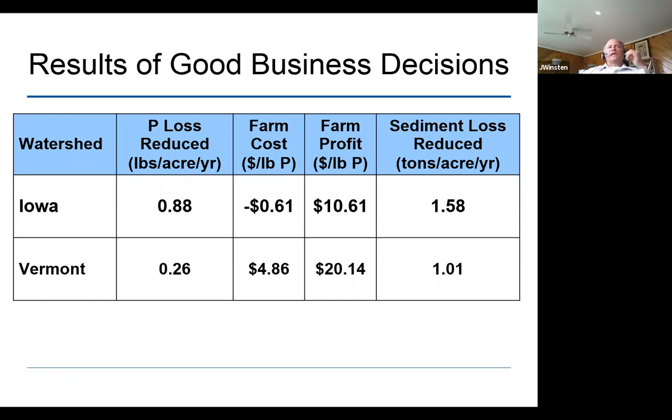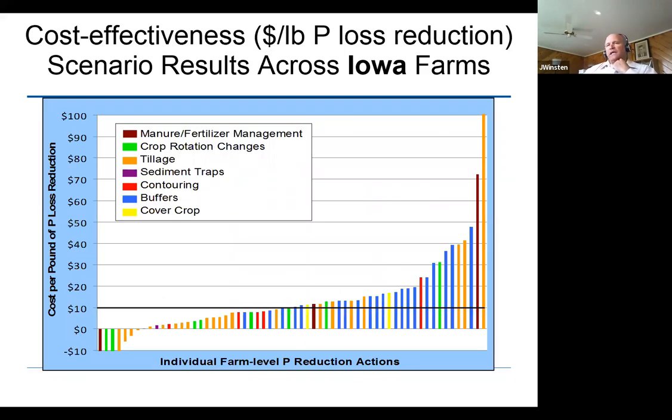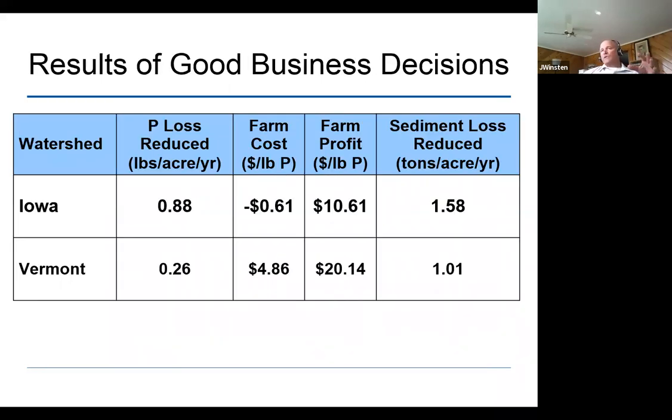This table that you're looking at now is basically the results of the good business decision. So if I go back to this graph, if in Vermont and here in Iowa, the farmers did all of the changes that cost them less than the amount they were going to get paid, and only those decisions. And that's not what happened because farmers have different preferences and maybe want to do things for other reasons than just that payment. But if they did those and only those, that in Iowa, they get close to a pound